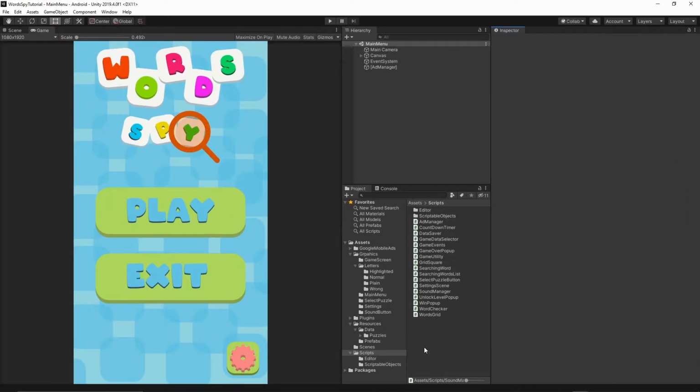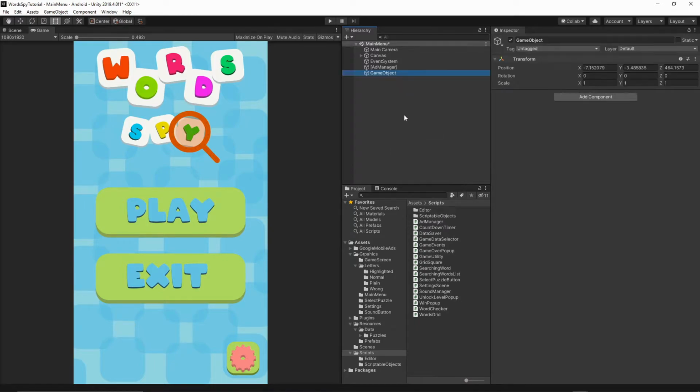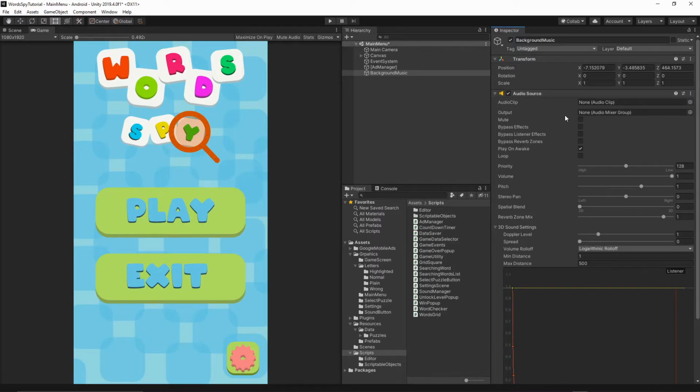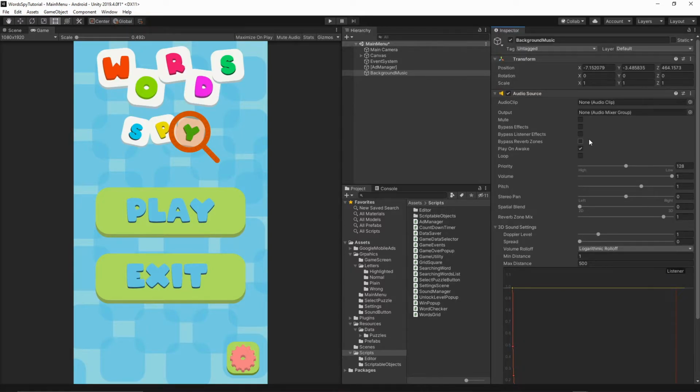Okay, and now inside our menu scene, let's right click in a hierarchy, and then let's create empty, and I will call this object background music. And now let's grab our sounds manager, drop it into the background music, and as you see, our audio source is added automatically because we have put the required component into our script, and our script is added as well. Okay, so that looks okay. Now we need to put the audio clip